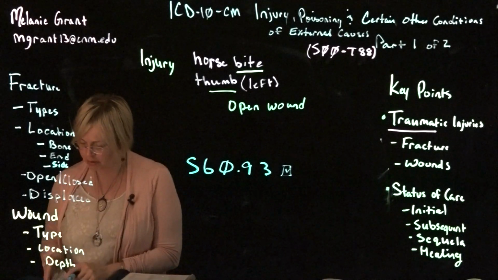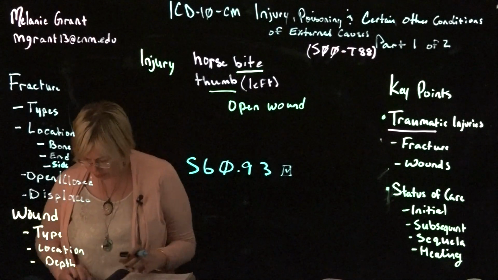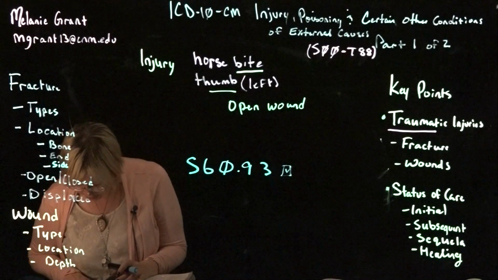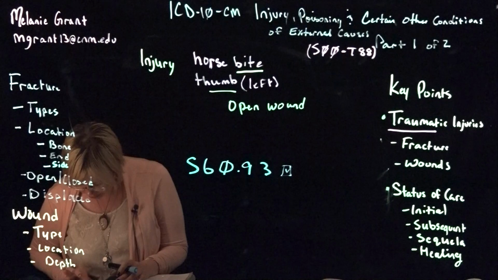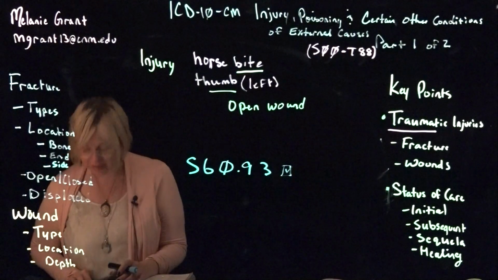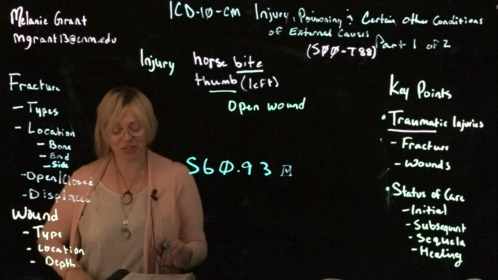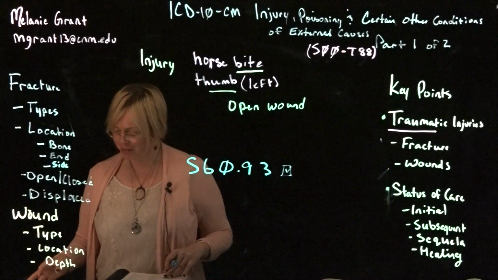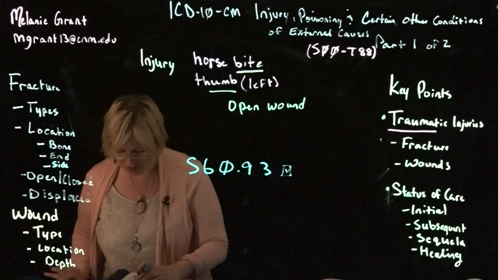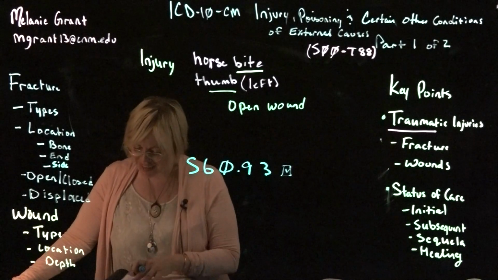Okay, so I flipped over to page 74 of my alphabetical. I'm under bite. I found superficial. I'm in the third column. Superficial. See bite by site. Oh, I love it when they do that. So even though it told me see bite superficial by thumb, sometimes they forget how they put it too. So we're going to continue to look for thumb, which is on the next page, 75, in the first column. Bite, thumb,